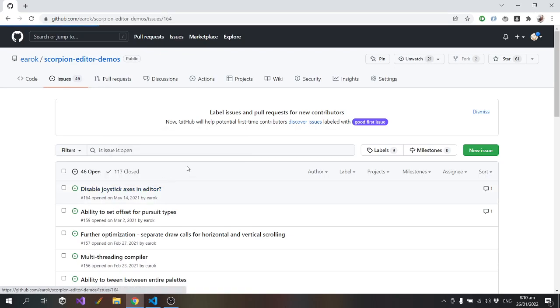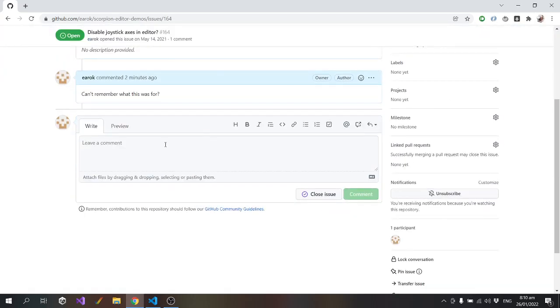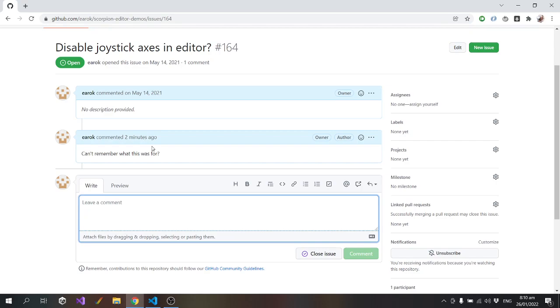Okay, so I'll make another note, so I remind myself what it's for. In Unity, you can control a game with the joystick. You shouldn't be able to control the Scorpion editor this way.